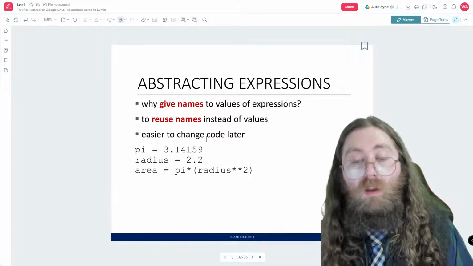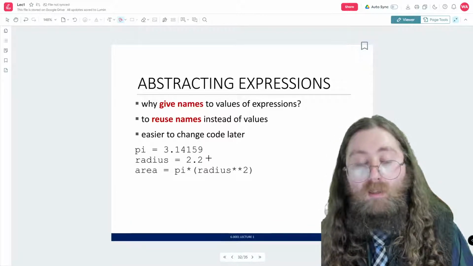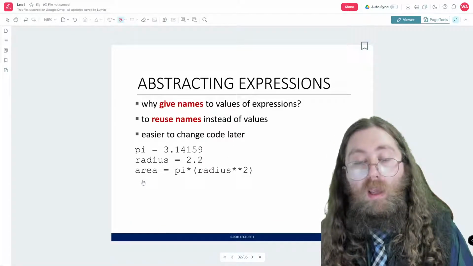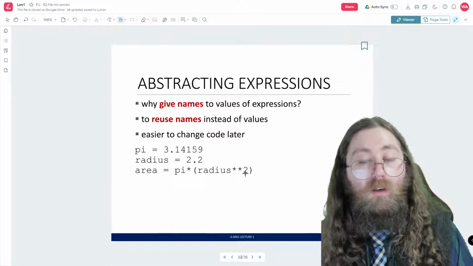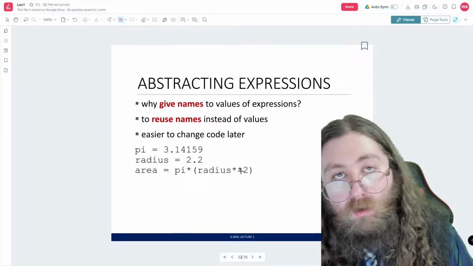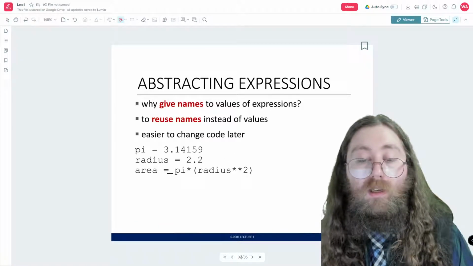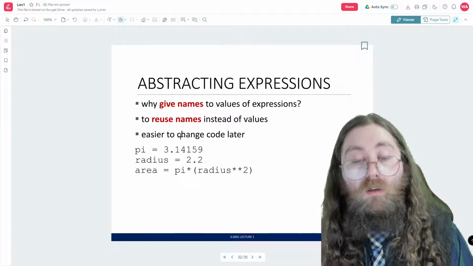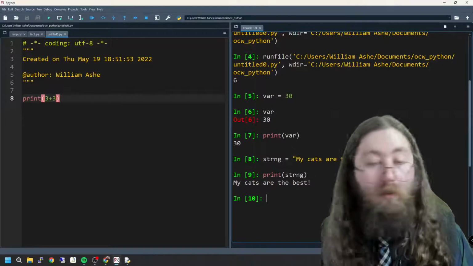That's just the first 5 digits of pi there, right? And then radius, let's say the radius is 2.2. Area is now going to be pi times radius to the second power. Remember, double star is exponents, right? So what we have here is a procedure for calculating the area of a circle. So I might as well do that, right?